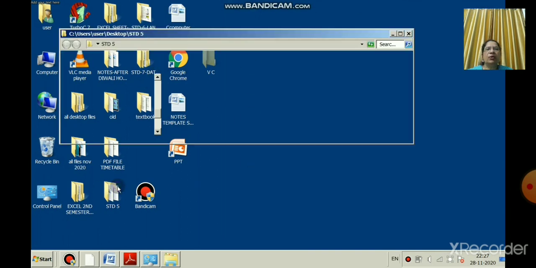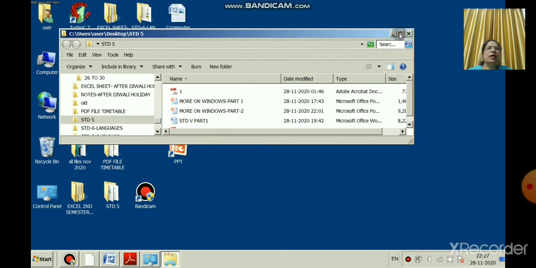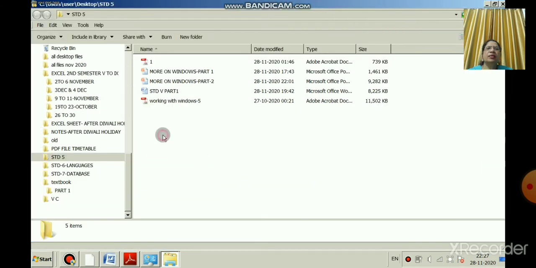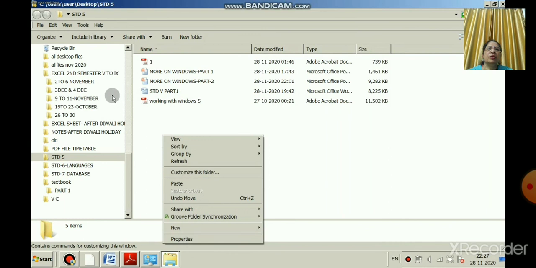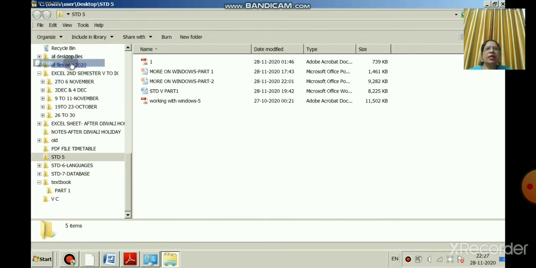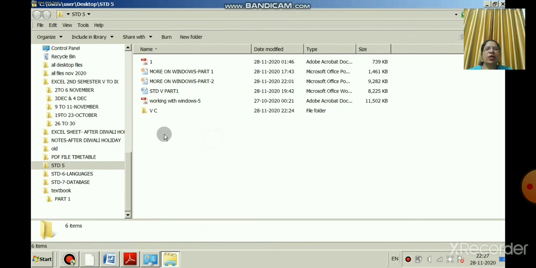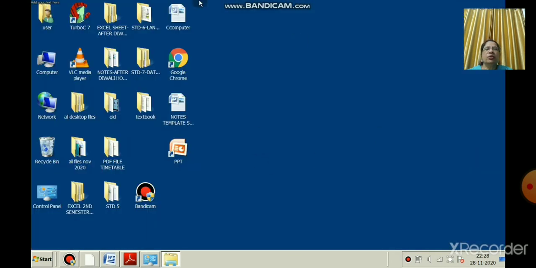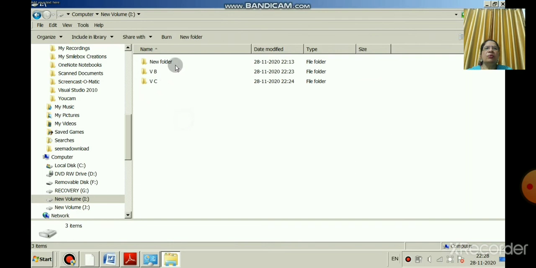I will select that folder and paste it. So this way you can cut, paste and copy, paste, or you can use a shortcut also. Control C and Control V, right? Copy, paste. Okay.